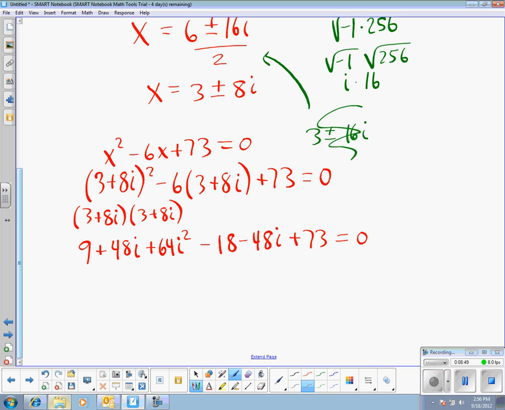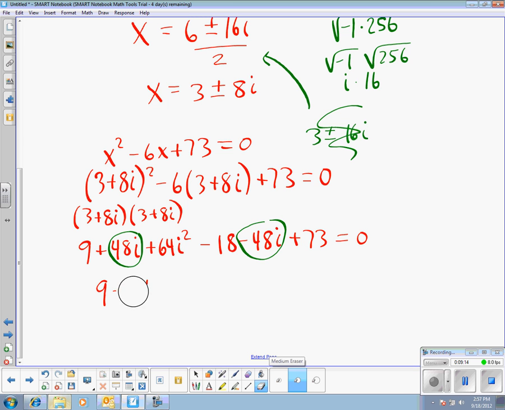Okay, so let's see. Right away, I've got plus 48i and minus 48i. Those will go away. Then 64i squared. If you think about what the definition of i squared is, since i is the square root of negative 1, i squared is negative 1. So I get 9 plus 64,